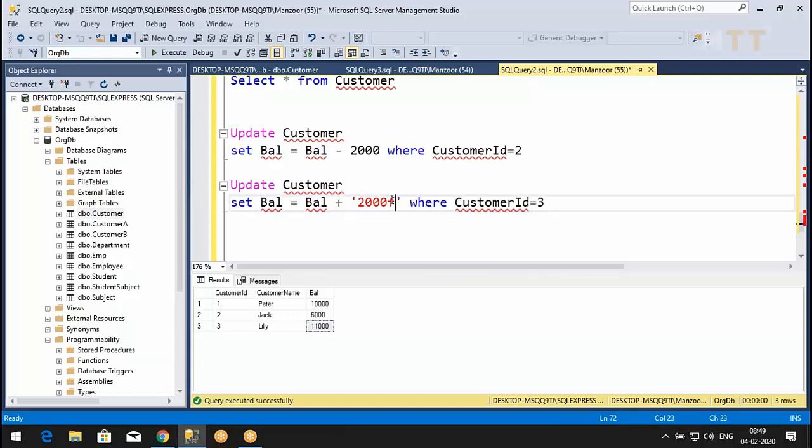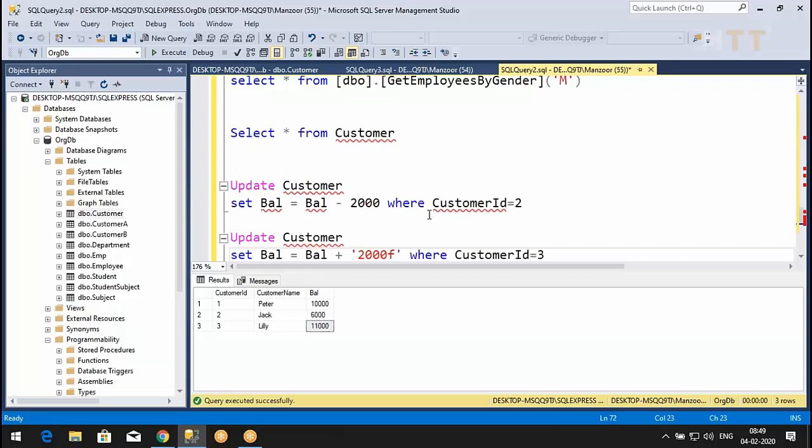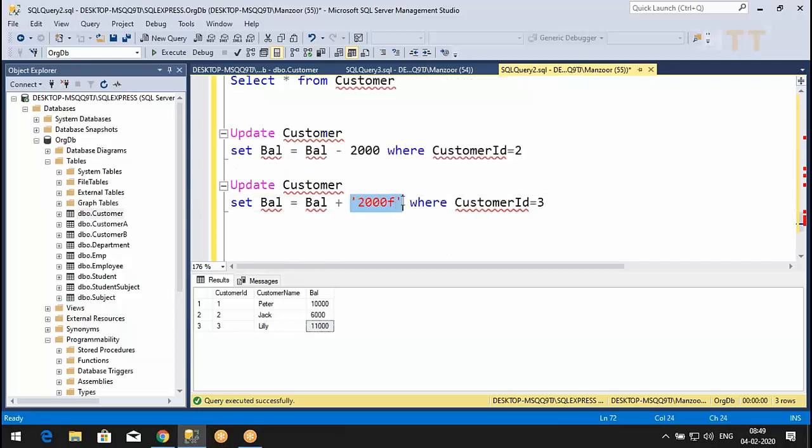Make it this way, because this is what we are getting from our form, from the UI. Some values we are getting from the UI. So assume that we are getting some invalid values. Now what will happen? Let us see.